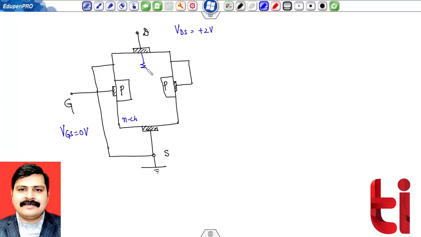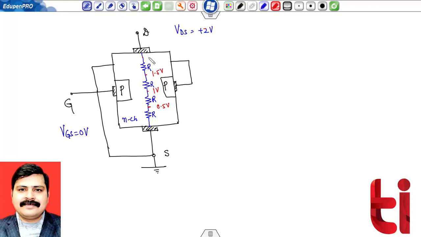Therefore I am representing the resistance of the channel as a series of resistances, and suppose the value of each individual resistance is R. With the flow of charge carriers there will be a potential drop, and as I have marked here the maximum value of plus 2 volts, from the voltage division rule the voltage will be 0.5 volt at this node, 1 volt at this node, 1.5 volt at this node, and